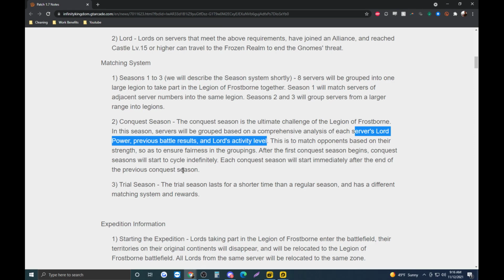So nice to see that they're at least giving us some more details. I'd love to know exactly how they're going to do it. And then for the previous battle results, are they going to do it like that as well? Lord's activity level. This is interesting because this is something that we've talked about in the previous feedback and suggestions